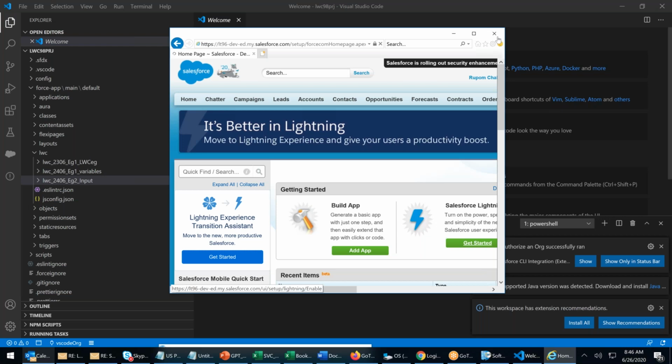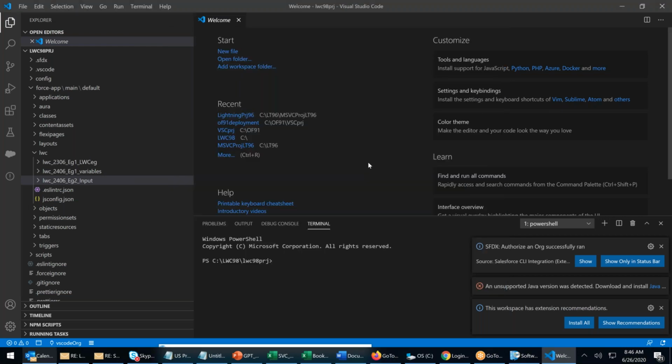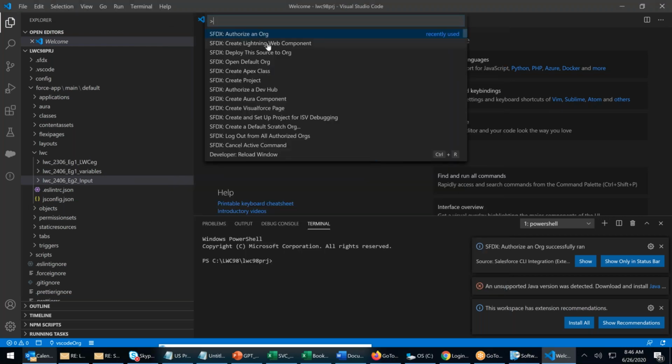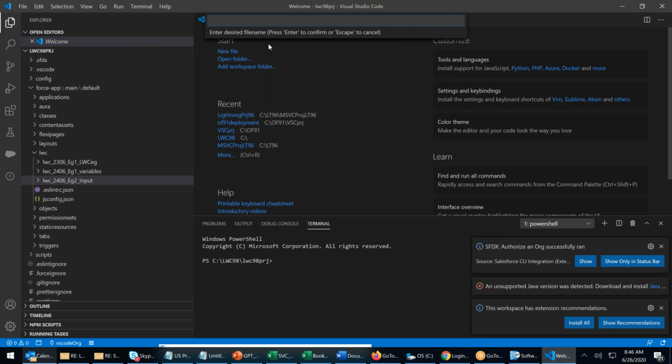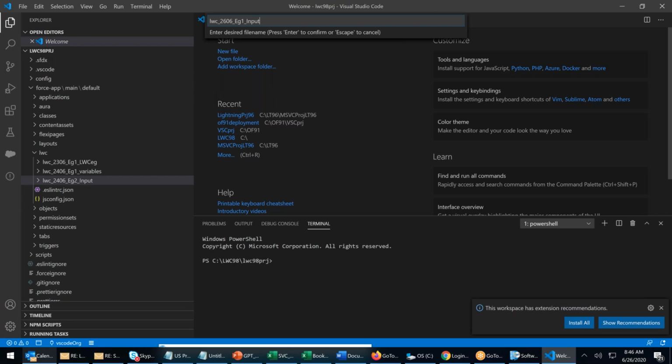I can close it. Now Control Shift P, I will say create a Lightning Web Component. The name is LWC_2606_EG1_input2_calculator. Press enter.